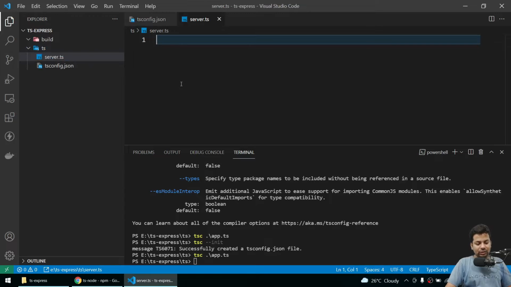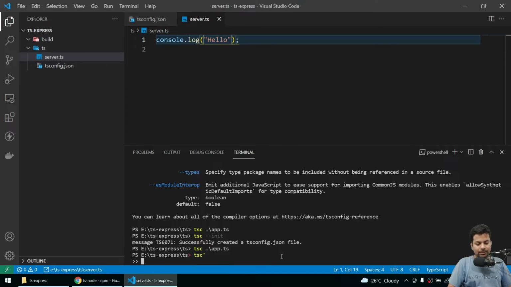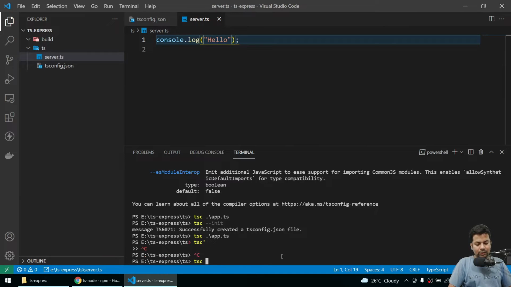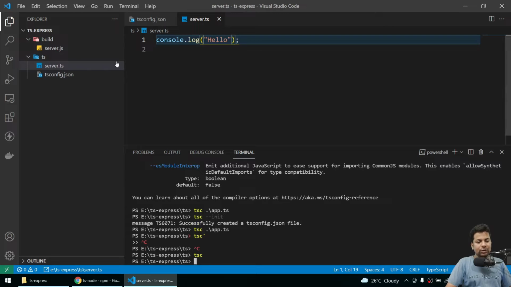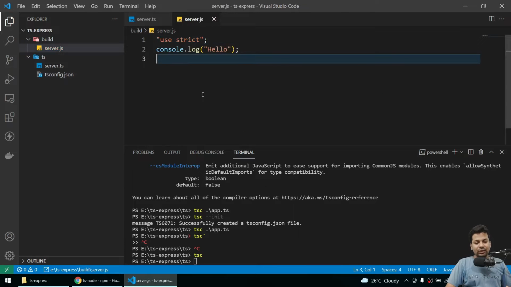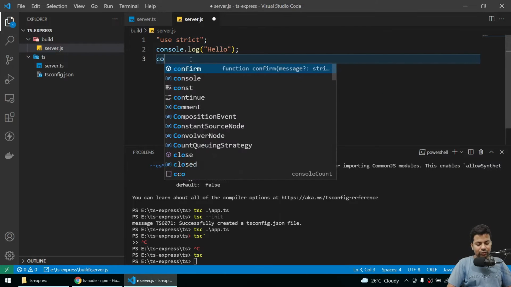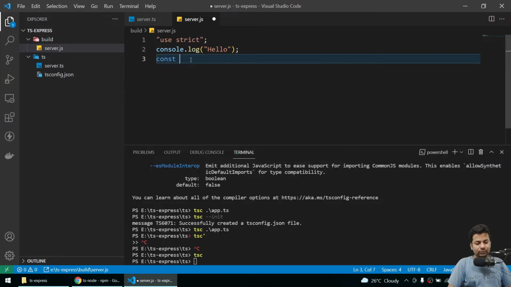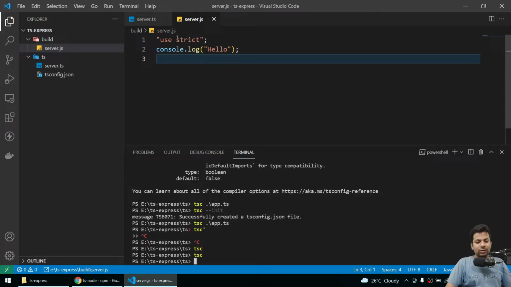server.ts. Now we'll say console.log hello. Now we'll say tsc, and the file got compiled, and we got server.js. See, we got use strict, everything's perfect. Now I'll show you something else. If I say const name equals hello, if I just compile it, so in the server.js file we are getting